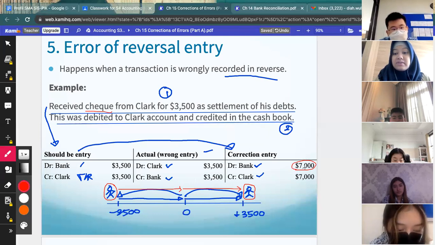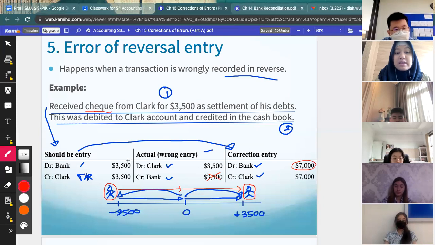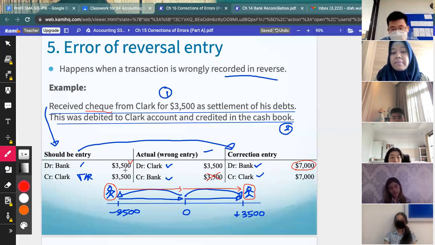The first 3,500 will cancel the one that you made here. The second 3,500 is to add the right one, because after you cancel with 3,500, your bank has become 0, meanwhile your bank is supposed to be 3,500. Same goes to Clark. So remember, it has to be doubled, or if it is not doubled, it should be the sum of the should-be entry and the actual entry,